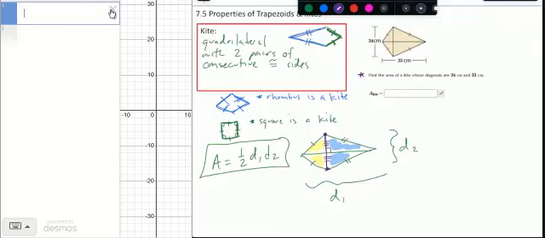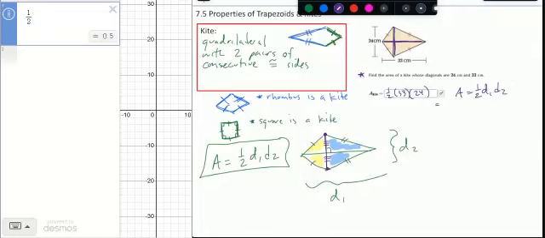Remember, you can enter your answer as a calculation. One-half the product of the diagonals. D1, it doesn't matter which one you choose. So I'm going to use 33 as D1. D2 is 24. There's my answer. If I did the calculation on this, 1/2 times 33 times 24, I get 396 for that